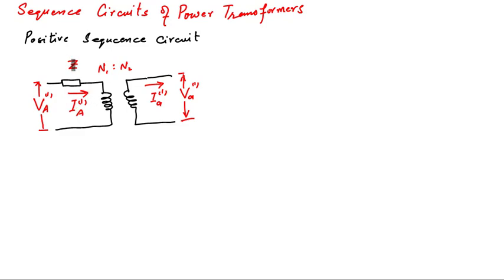This is the series impedance of the transformer, that we can say here the combination of low voltage and high voltage side leakage impedance. When we combine them together on high voltage side, that will be Z. Here we have an ideal transformer which has the ratio N1:N2, and then on the other side we have the low voltage side current and voltages in positive sequence. So this is positive sequence equivalent circuit of a power transformer.